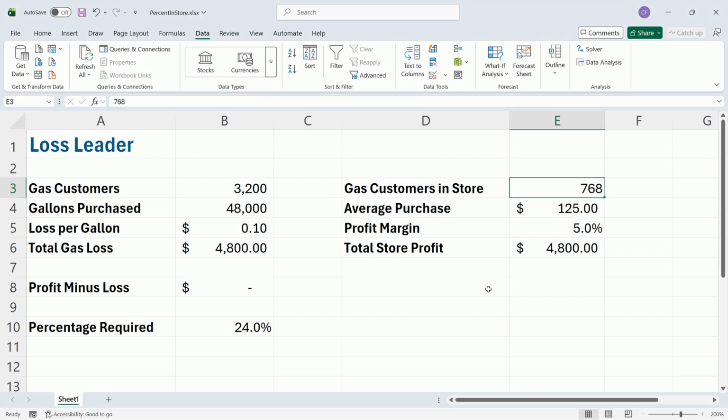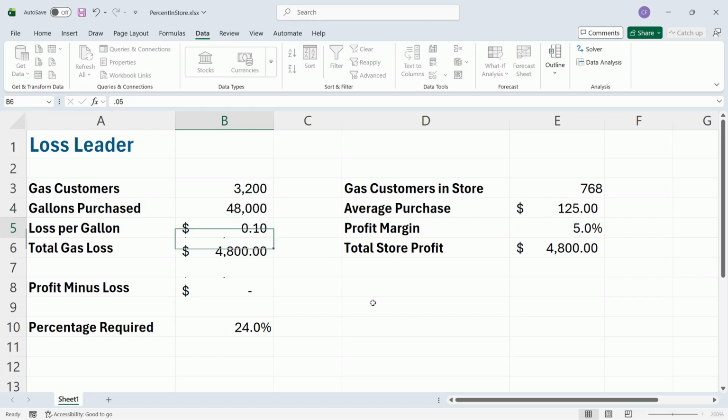So based on this loss per gallon, I would need to have 768 out of 3,200 gas customers come into the store when they would not otherwise do so. And the percentage, which I've calculated down in B10, and I didn't make you put in that formula, it's just simple division, is 24%. But let's change our value on loss per gallon so that instead of losing 10 cents per gallon, we lose 5. So in B5, I'll type 0.05